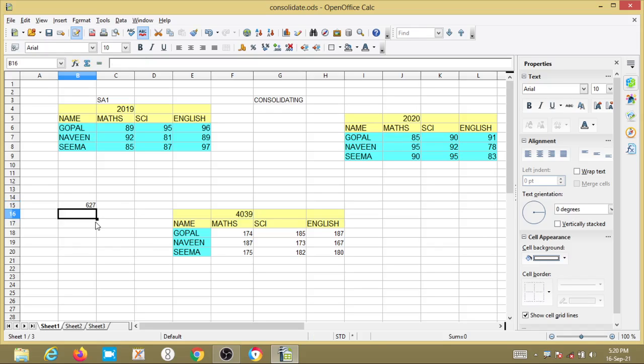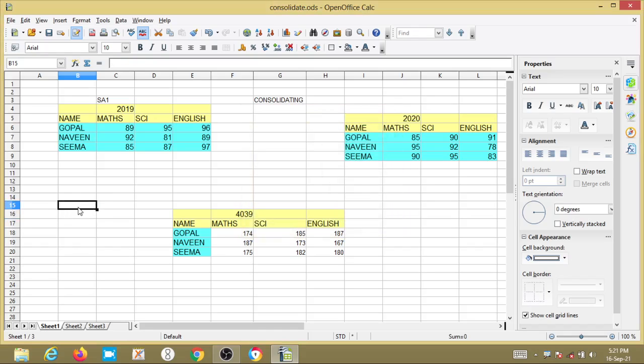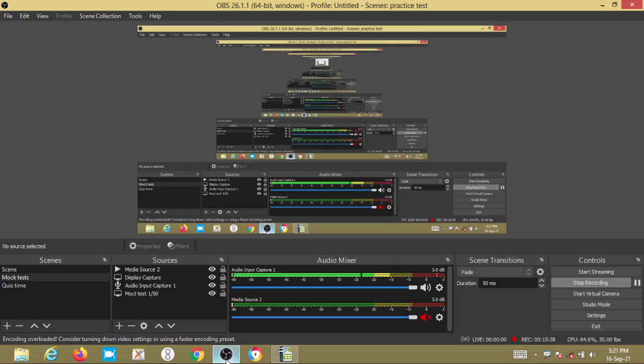Wait, something went wrong here. 89 and 85, it's not 27, right? Is equal to, select the cell C6, press plus, and again this, 174. See, 174 comes. Let me check whether it is recording or not.